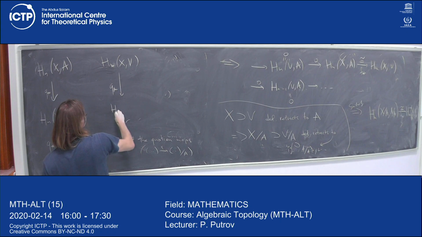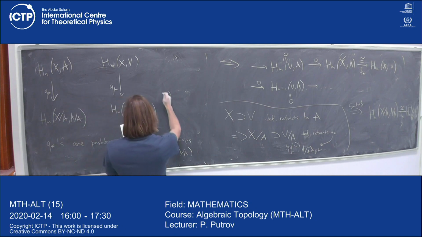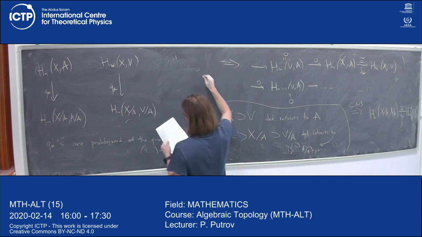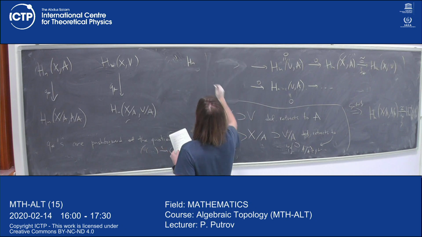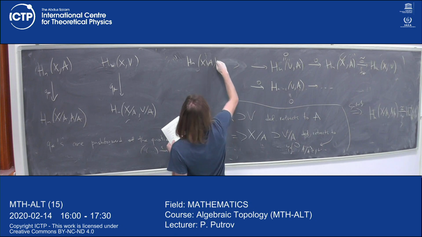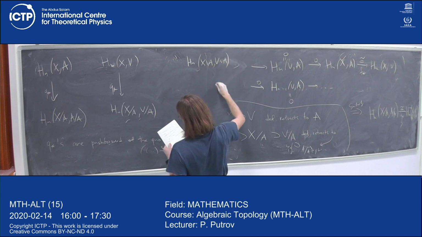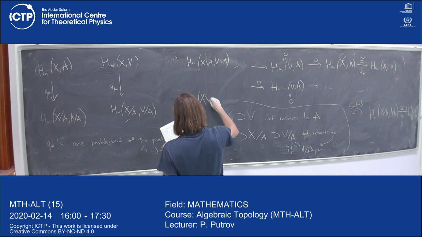We will send X to X divided by A and B divided by A, and there will be a third column, Hn of X minus A, B minus A, Hn X minus